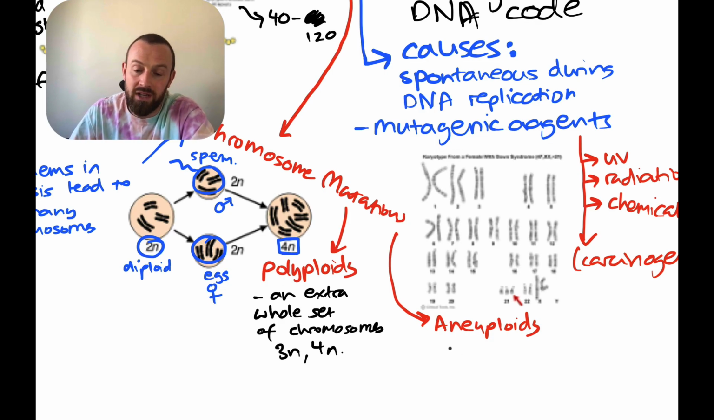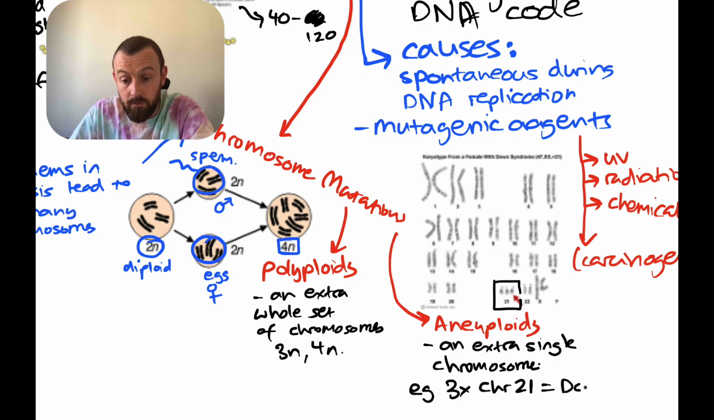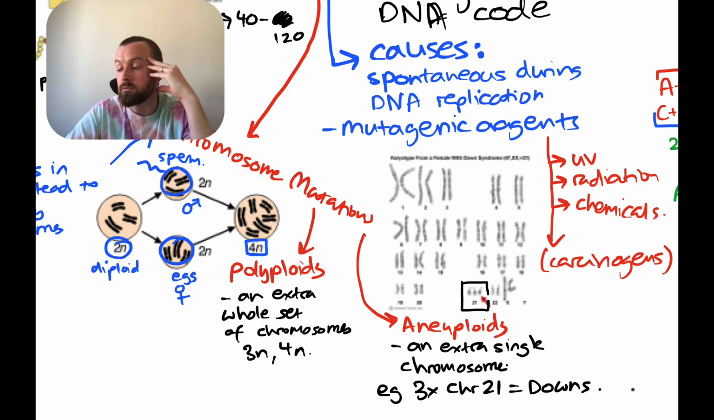So we're not triploid or tetraploid, it's just that there are 3 of one chromosome, is the most typical. An extra single chromosome. And the most common one here, you can just about see, is chromosome 21, e.g. 3 times chromosome 21 equals Downs. So Downs is caused normally when, well, is always caused when an egg, female gamete, contains 2 copies of chromosome